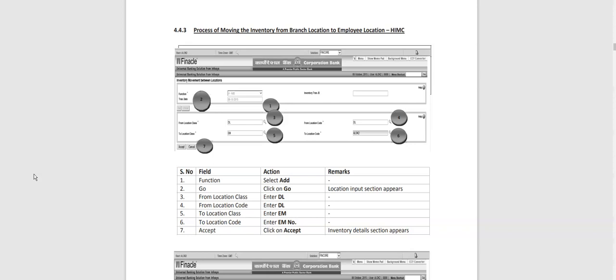So from DLDL, it goes to the employee. We'll enter EM here and the employee number, employee code, and click on accept, right? So this is, we are moving from the vault to the employee's location so that after day begin, he can issue checkbooks to any customer who visits the branch.